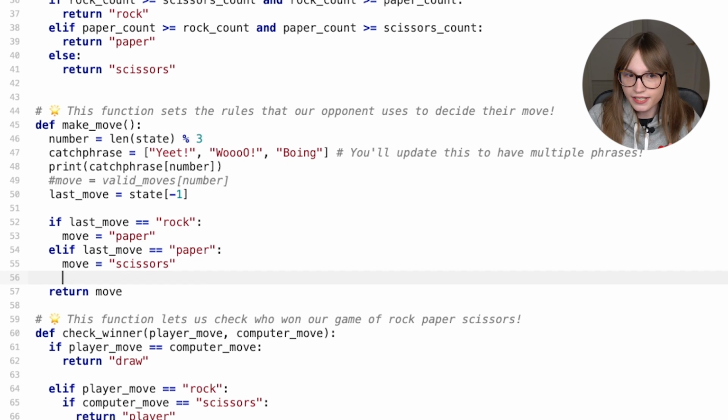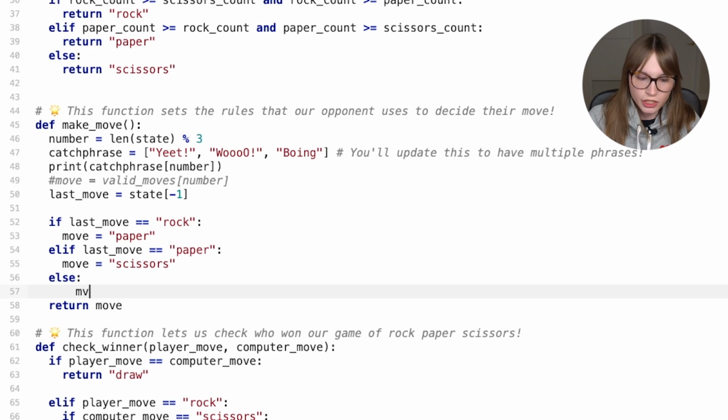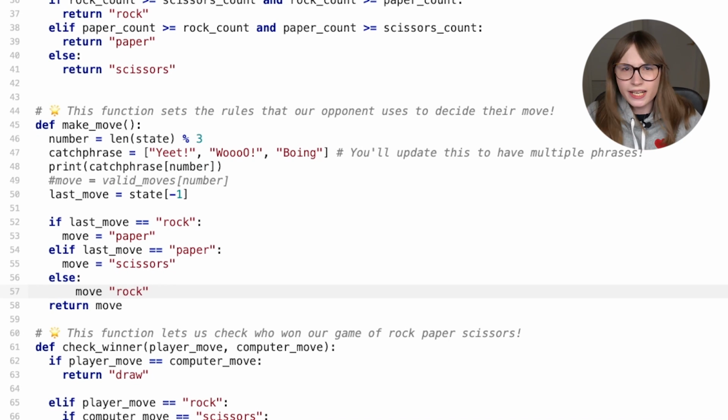Now, when you press enter, Glitch will automatically indent you, but we want to write an else now, because if it's not rock or paper, it's going to be scissors. So we need to hold down shift and press tab. That's going to unindent our code. It's going to move it back to being where it was before. And so we can say else, our move should, if it's not rock or paper, well, our move should be what beats scissors, which is rock. And, well, I made a typo there. It's really easy to make typos in programming. I need to say it's equals to, remember?